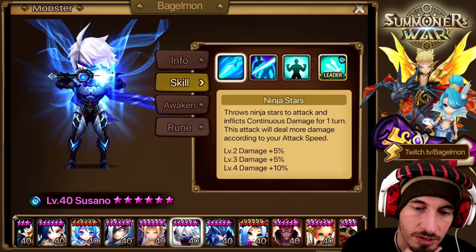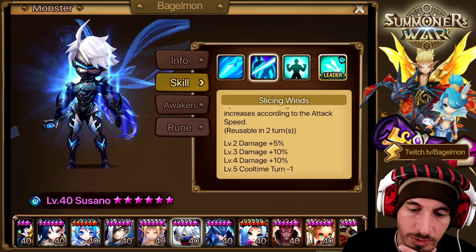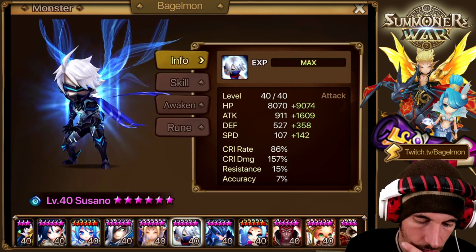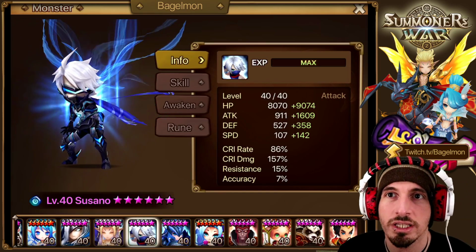Because he does damage based on his speed. Damage based on speed. And he's got a speed lead. It's a fast Susano. So Chao is generally either...